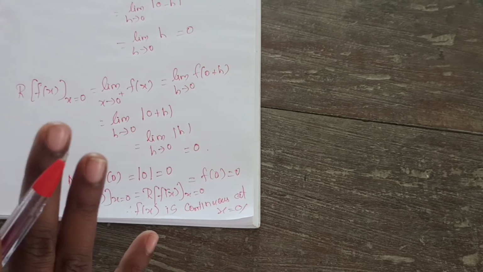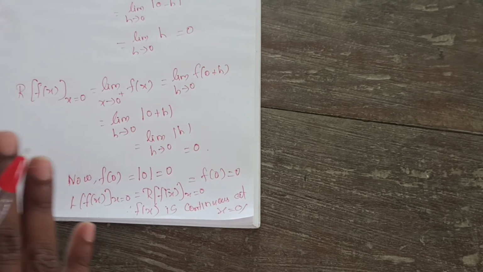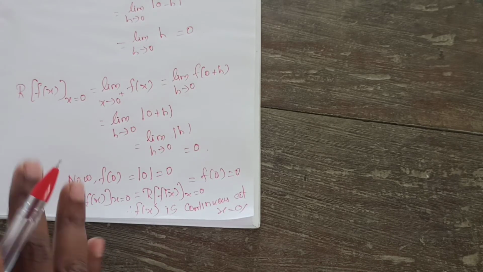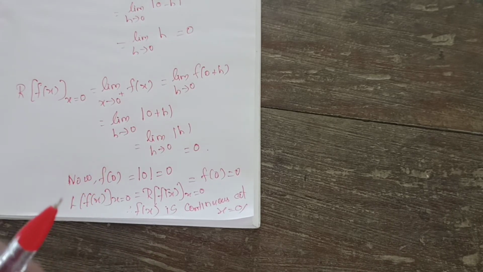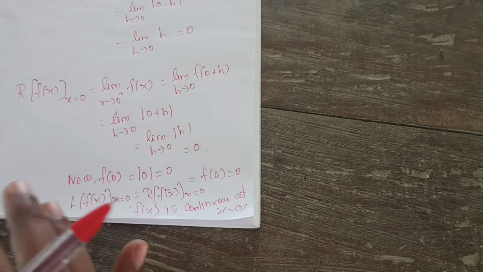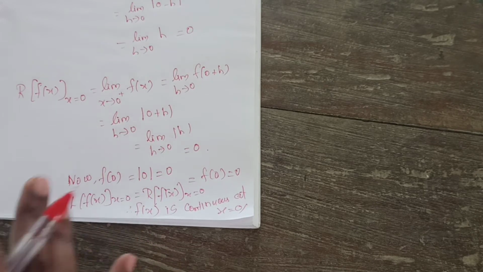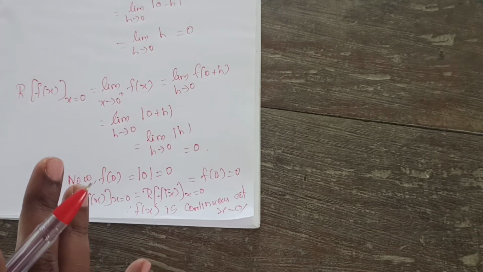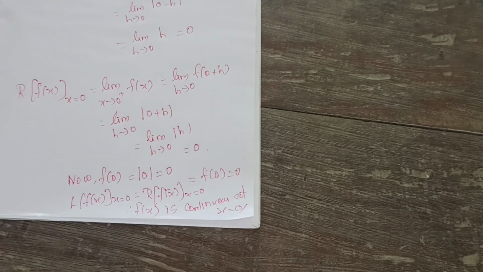If you need to prove continuity, L of f of x is equal to R of f of x is equal to f at whatever point they asked, x equal to 0 or x equal to 2 or something, so f of 2, f of 1, like that you need to prove. If all the values are equal, we'll say it's continuous. If not equal, we'll say it's not continuous. Will you try the homework also? It's a very easy thing, so no need to waste time. Let's move to the next section.